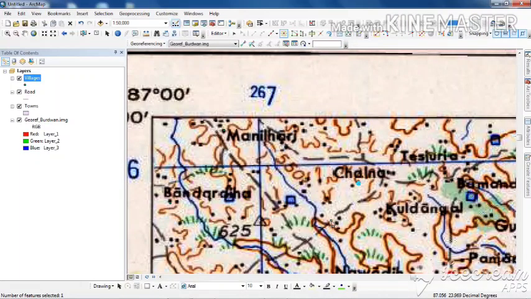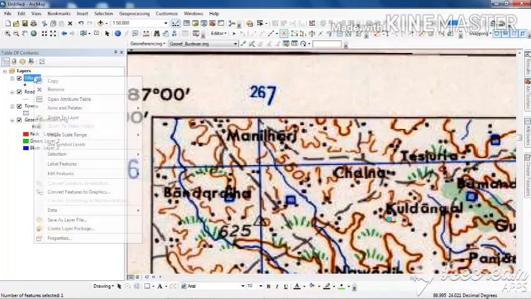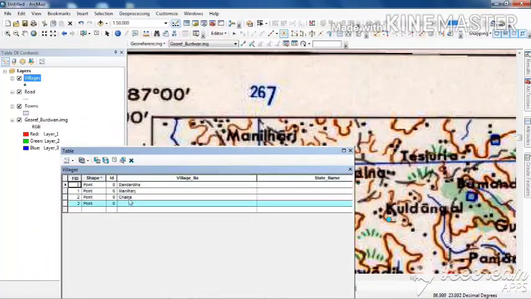This is a tribal village again, Kuldangal. I am putting the name also.